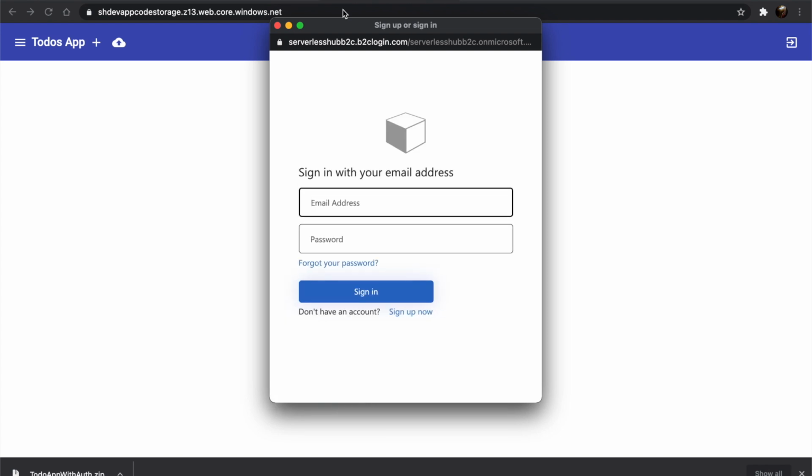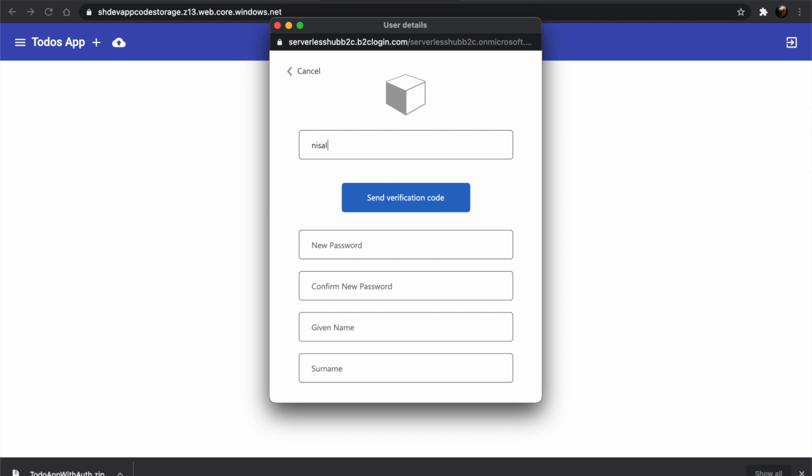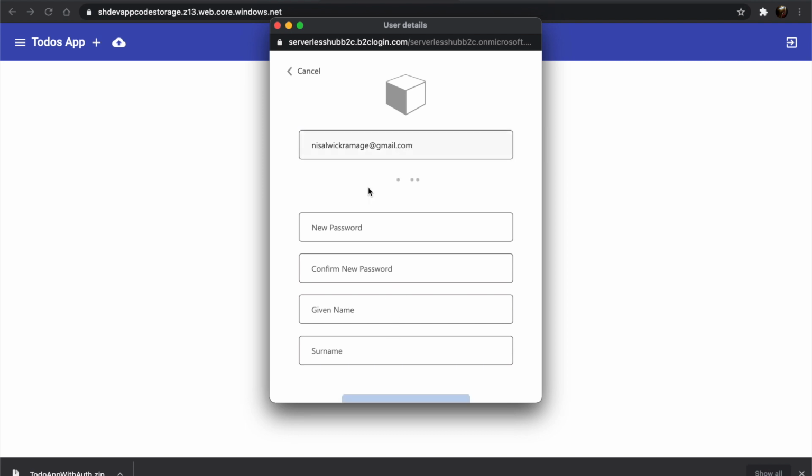Now the web app should prompt you to log in. In case you get a pop-up blocked alert, make sure to allow pop-ups for this URL. Since we are yet to register with the web app, let's go and sign up now. Let's verify the email ID.